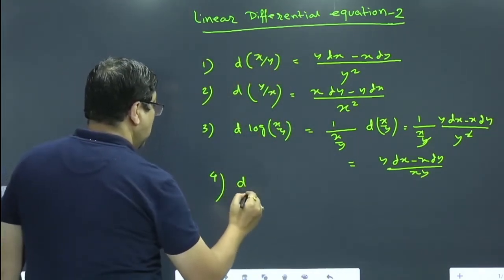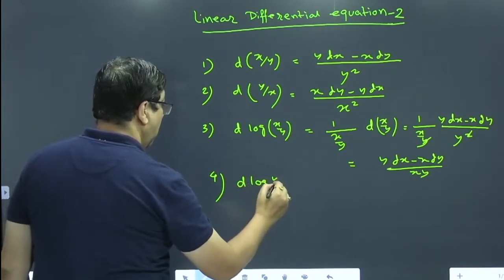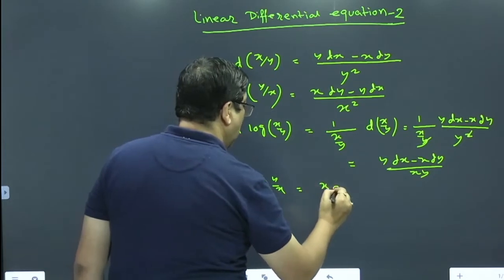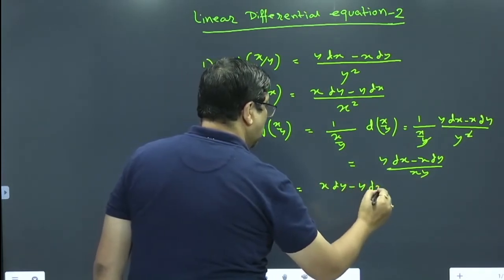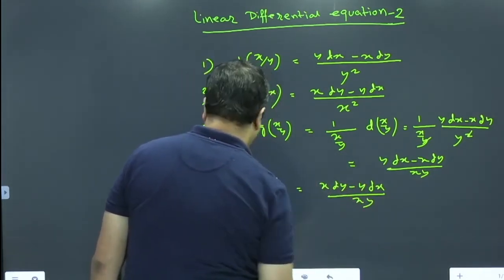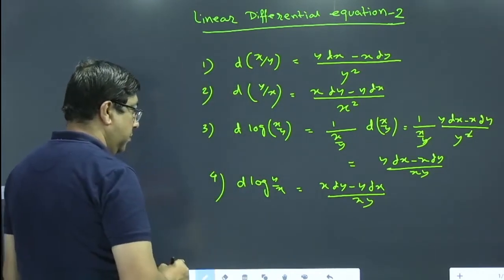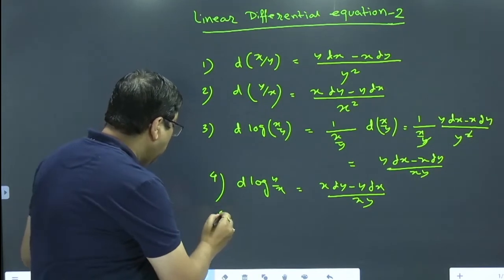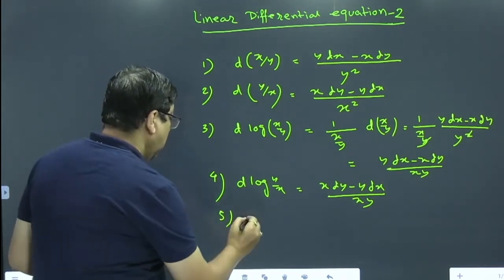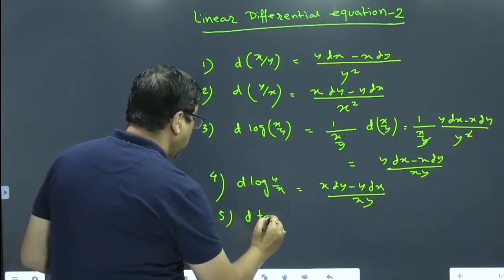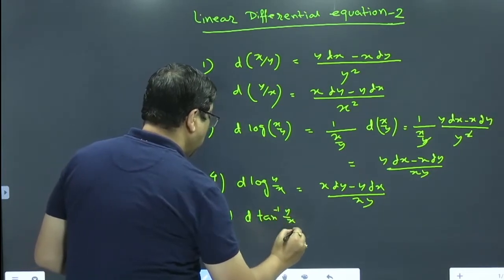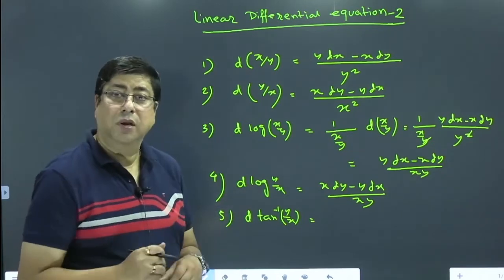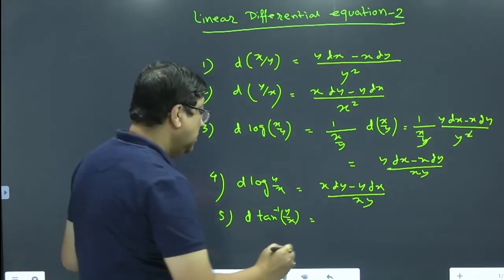So similarly, d log of y by x. In this case, we are getting (x dy minus y dx) by xy. Next, d tan inverse y by x. So let us apply the concept of substitution method. So we can write this as